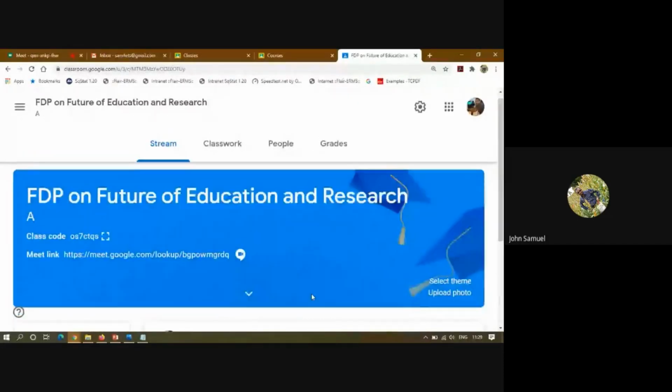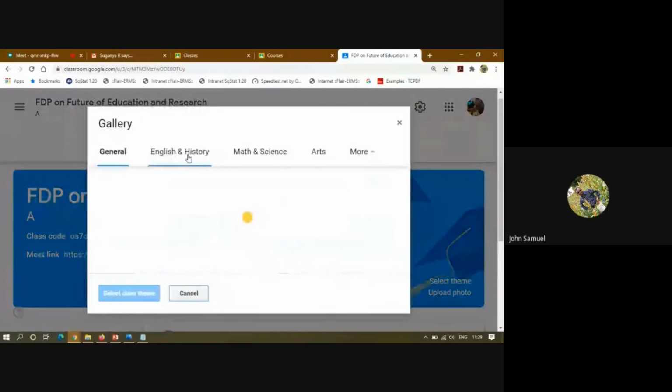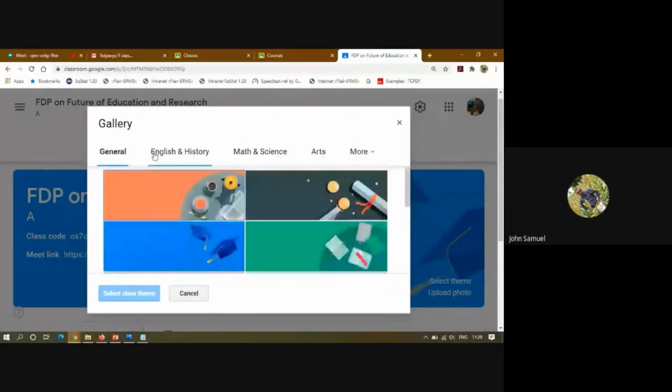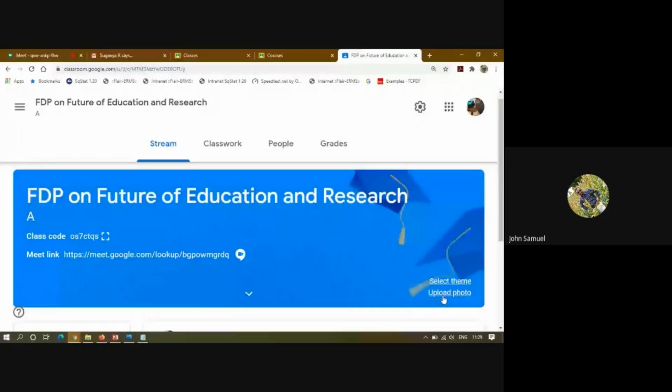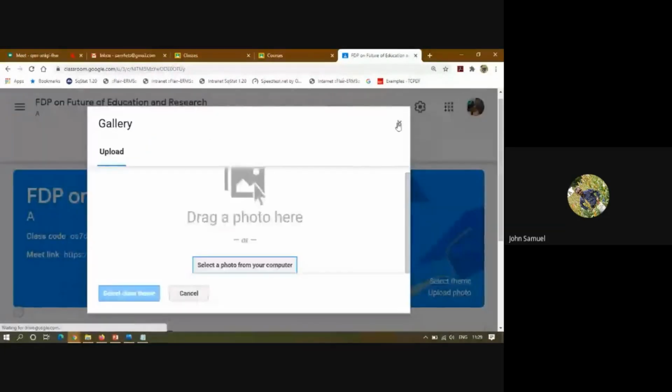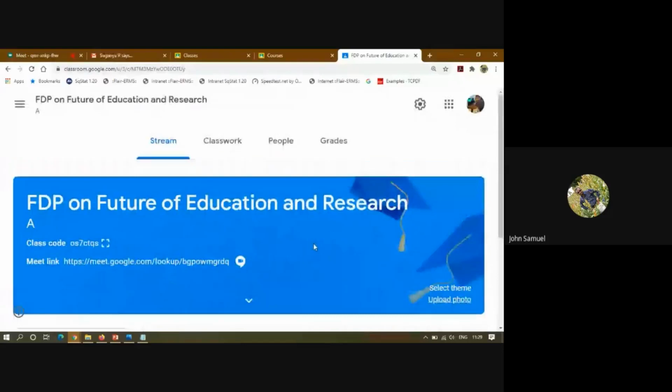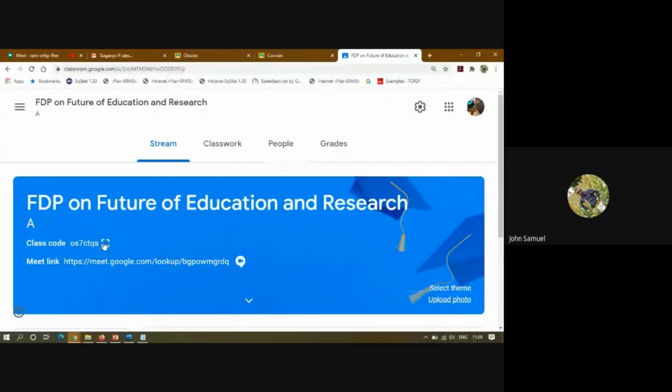Here you can select the themes. By default Google will select the theme according to your topic, and you can select a number of themes. You will see these things later, or you can do it yourself. I'm not going to do all these things. Now I'm going to join using a student account. Right. So I'm copying this code.